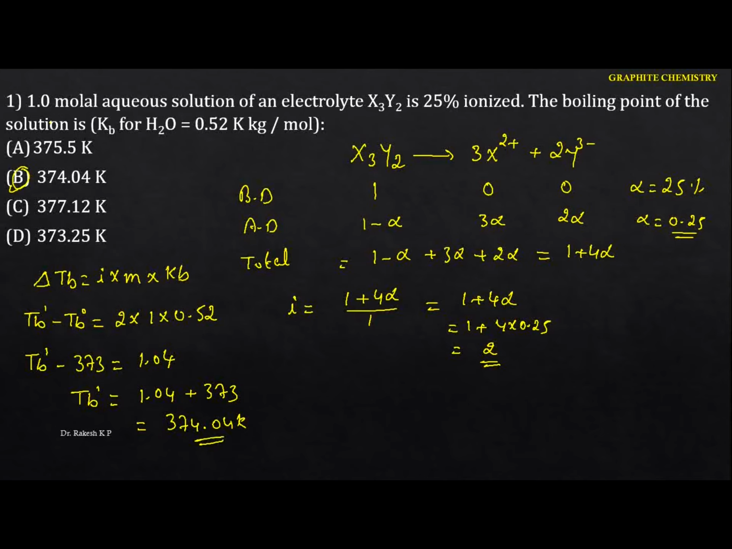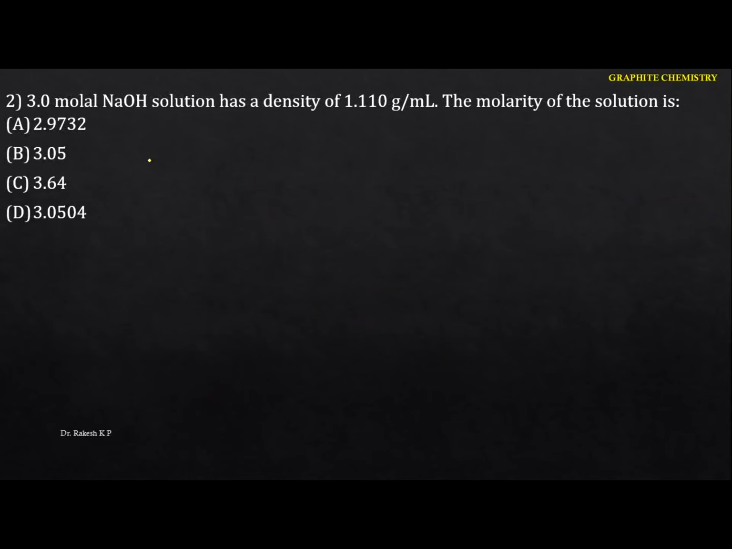Okay, next one. 3.0 molal sodium hydroxide solution has a density of 1.110 gram per ml. The molarity of the solution is, okay, we have to know the relation between the molality and the molarity. Now this is the particular relation. The small letter m stands for molality. Molality is equal to molarity into 1000, divided by density into 1000,